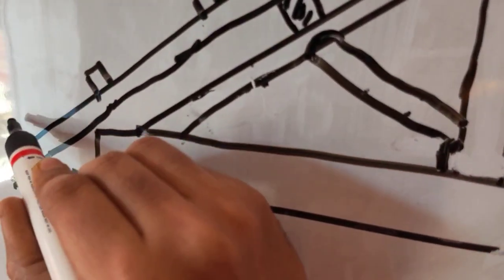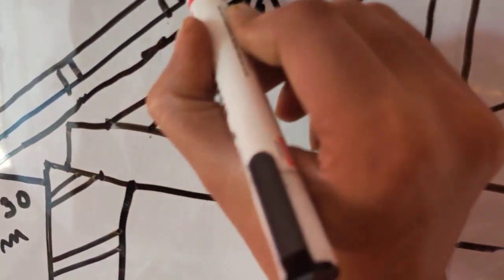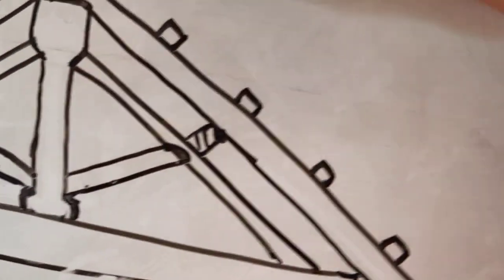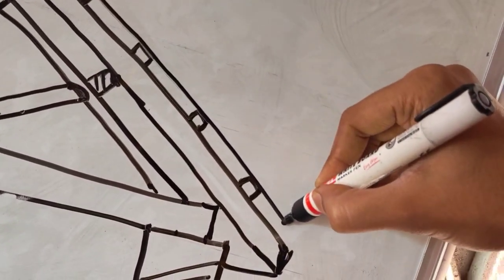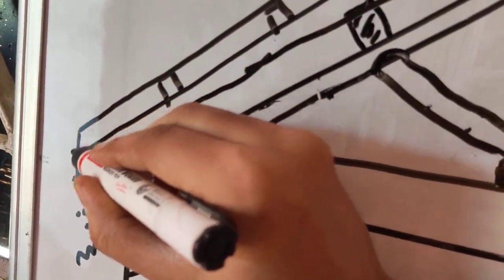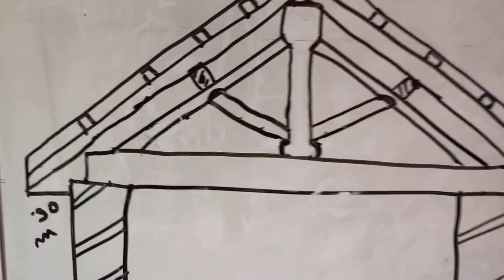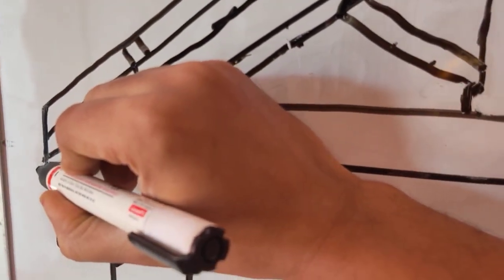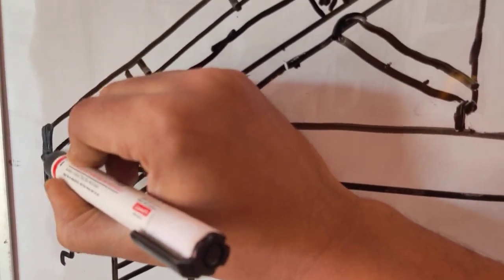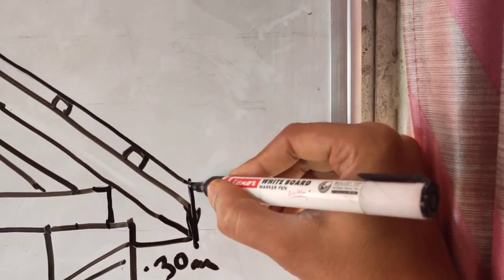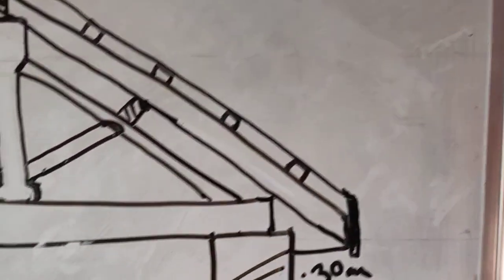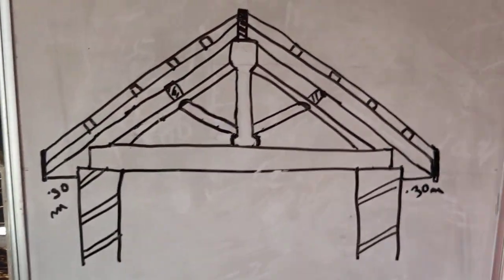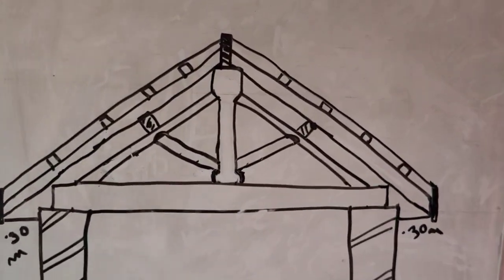So now you draw this line connecting all the battens to the ridge board on both the sides like this. You connect this like this. So you will have to provide one board here. Just give 2 millimeter thickness to the board. It's called eave board. So now our drawing is almost complete.